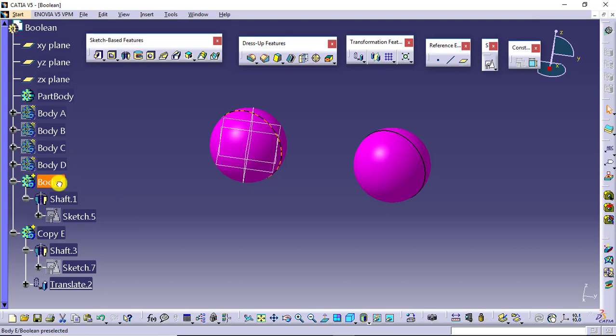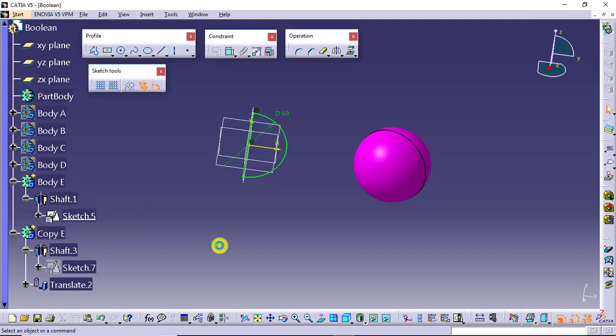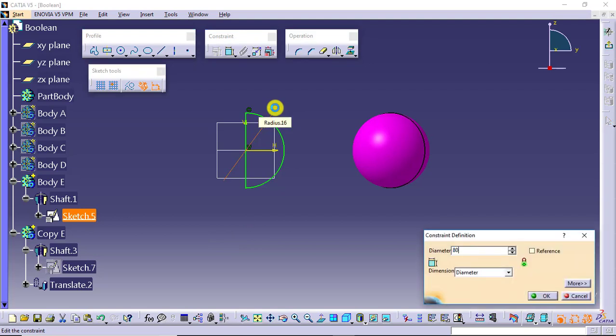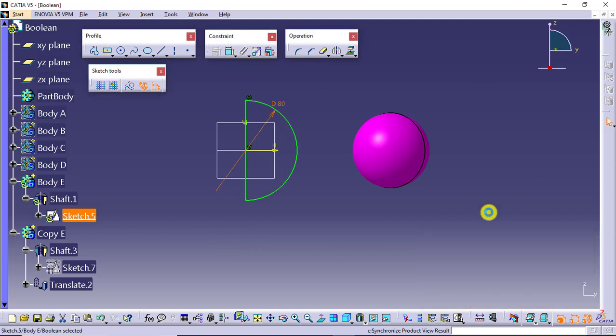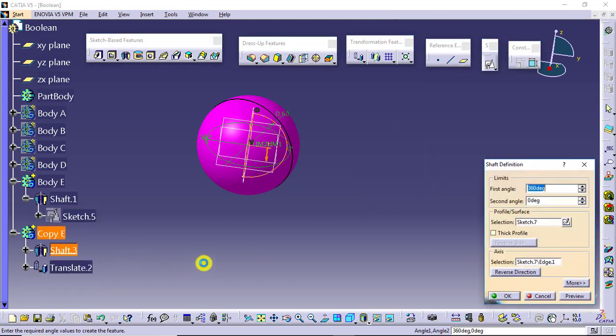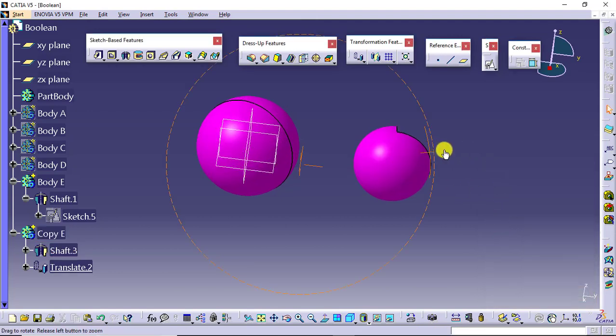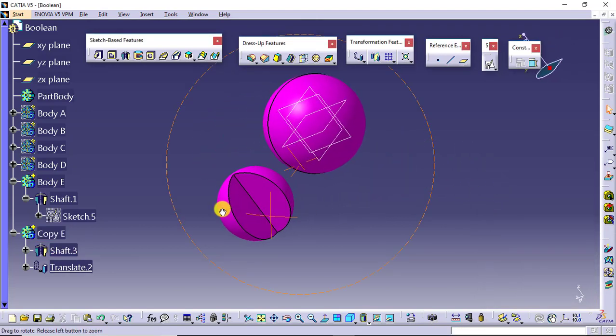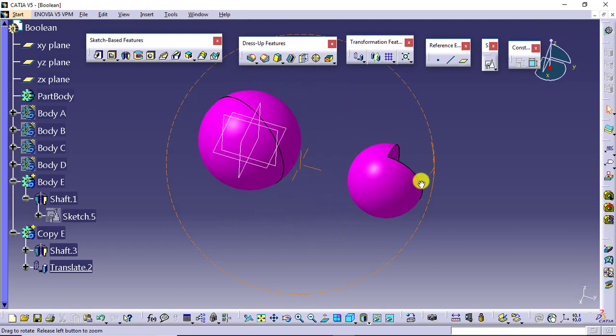So this is the parent, this is the child. You can make the modification in the parent as per your own requirement, which will not affect the child. Similarly, you can make the modification in the child as per your own requirement. It will not affect the parent.